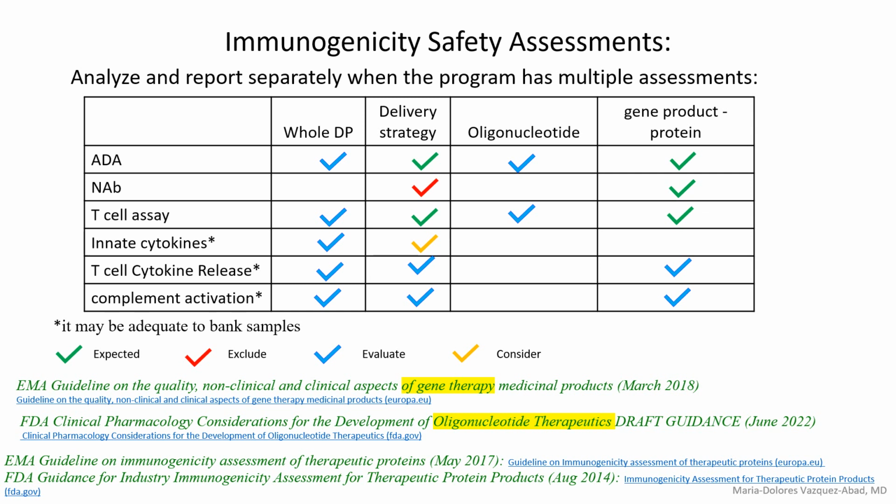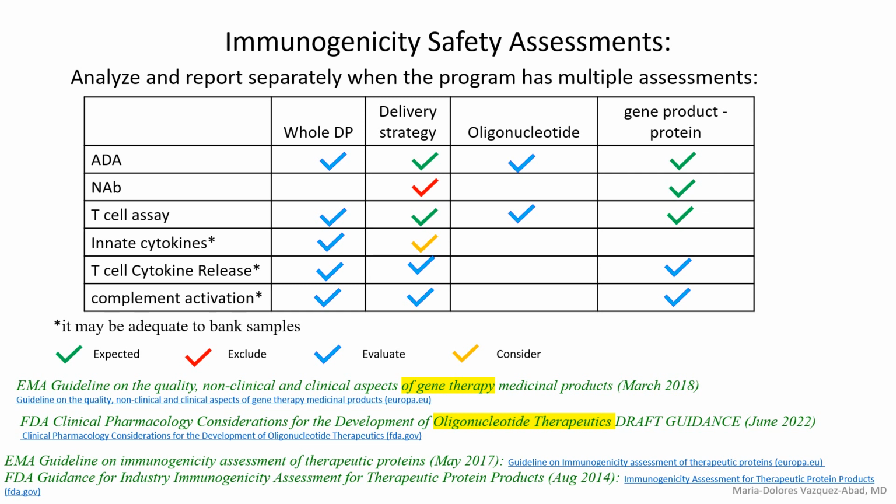But consider a potential innate cytokine response to the delivery strategy. This particular draft guidance from 2022 is telling us a lot about how lipid nanoparticles are starting to be used a lot for mRNA products, and maybe there's something in the lipid nanoparticles, or for antibody-drug conjugates, you have a linker. So all of these potential elements of your drug that are used could be immunogenic,